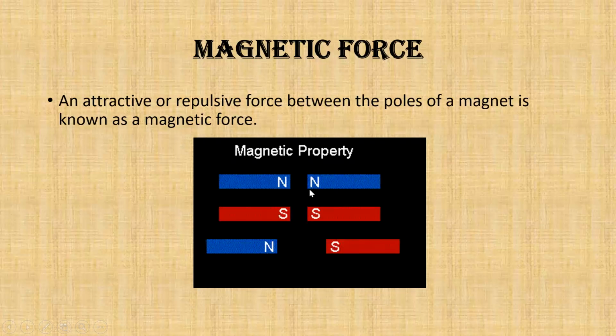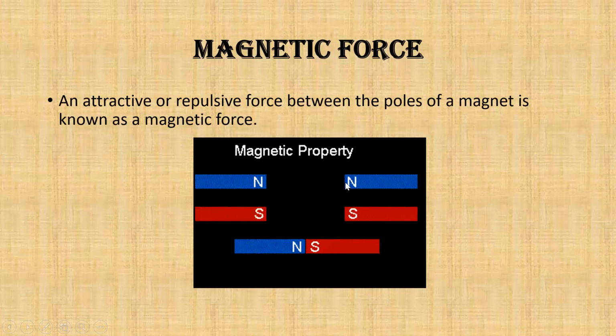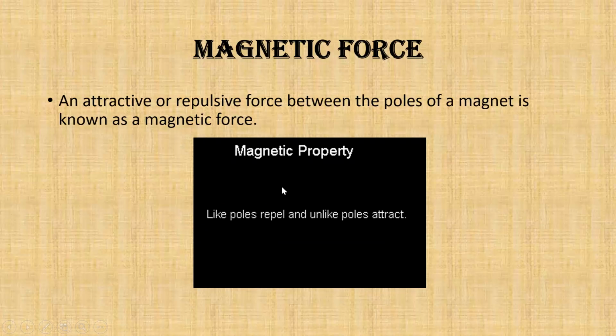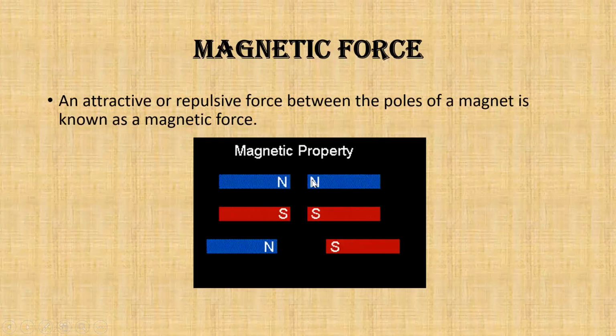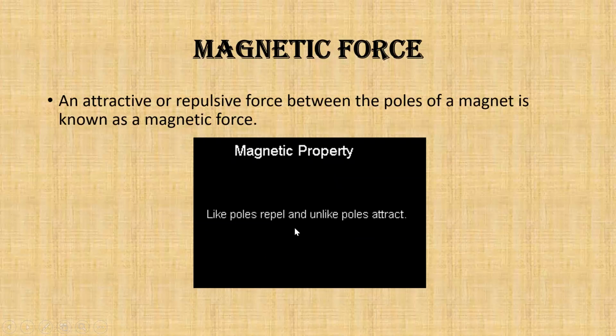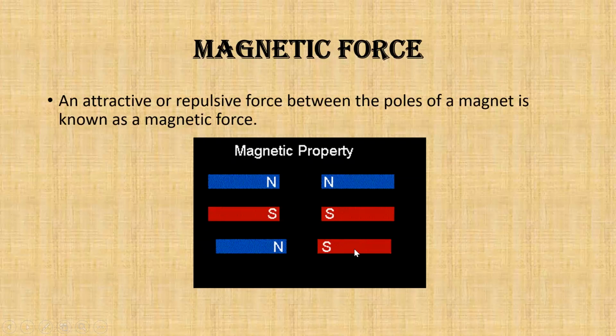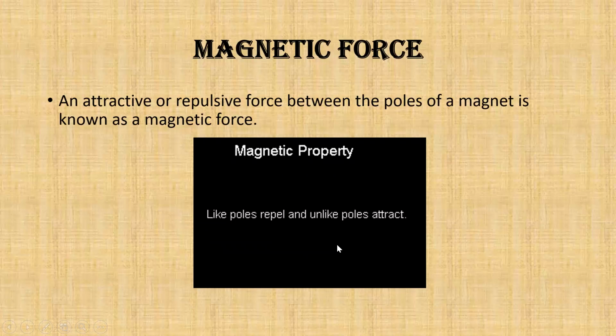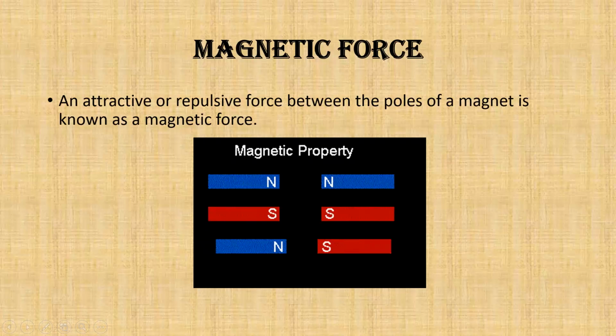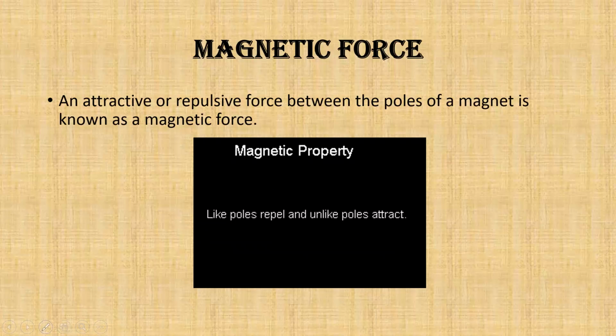Like poles are the same poles. If same poles come close to each other, they will repel. They will not attract. Whereas if one is north and the other is south, they are called unlike poles. They will attract each other. This is called the principle of magnetism. This is one kind of